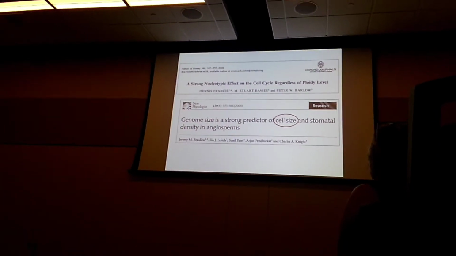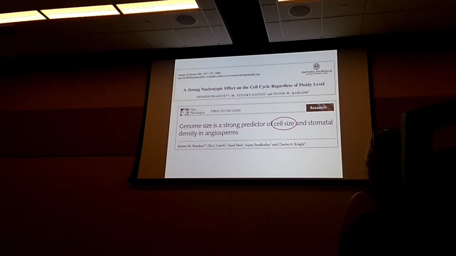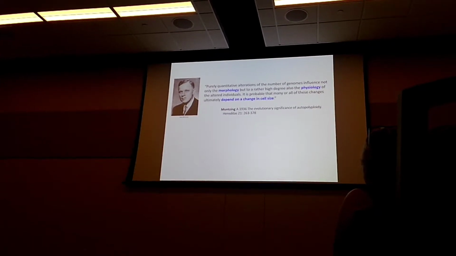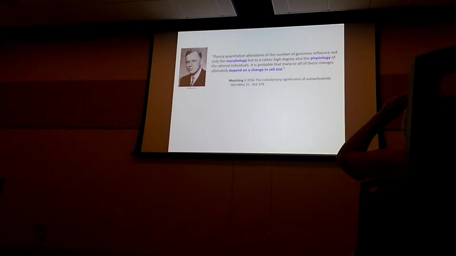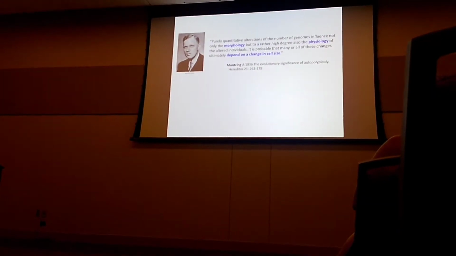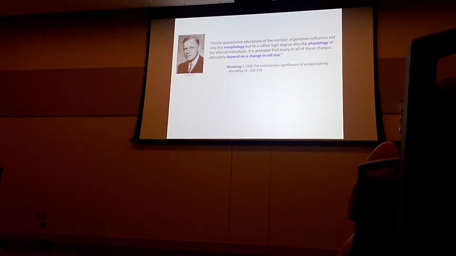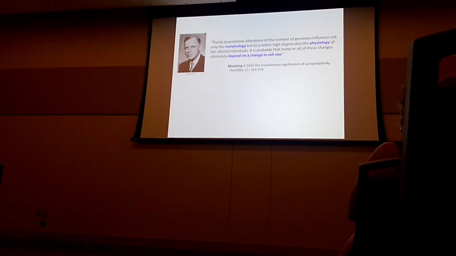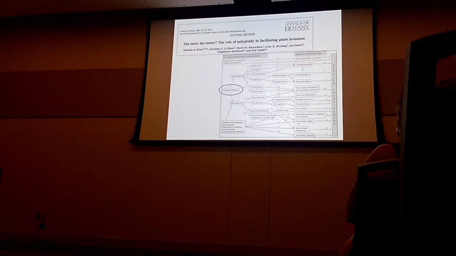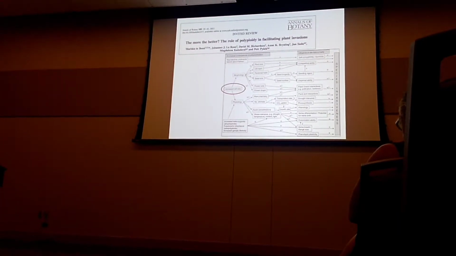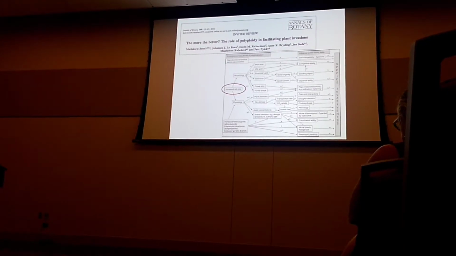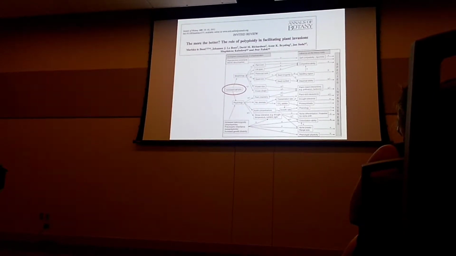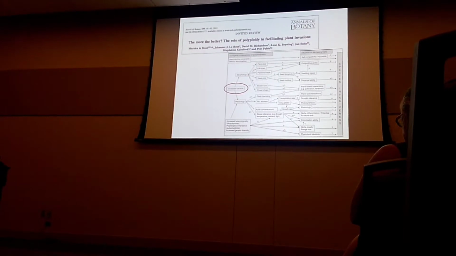In particular, cell size is very important because cell size is central to most concepts of what polyploidy, genome doubling, actually does. This goes back to Munsing, for example, who cited earlier work to talk about the fact that cell size has a strong influence on morphology and physiology. It's really where things start with polyploidy in most models of what autopolyploidy does. And here's a more recent, very nice review paper, showing the centrality of increased cell size with morphology, physiology,